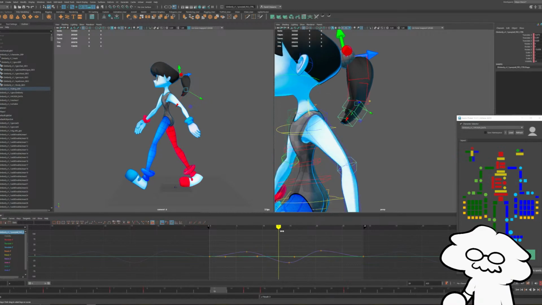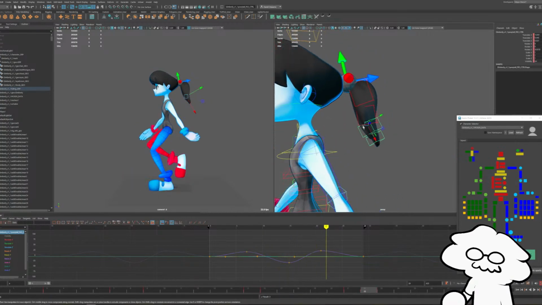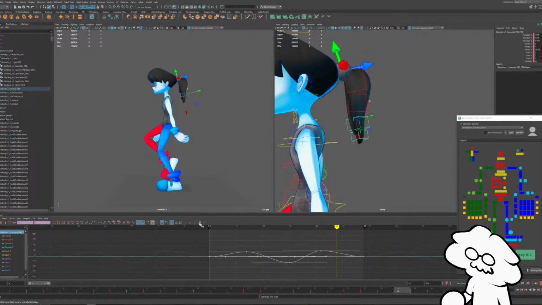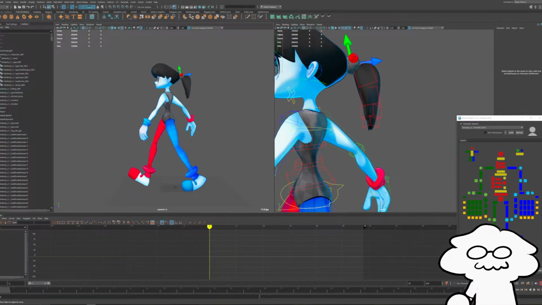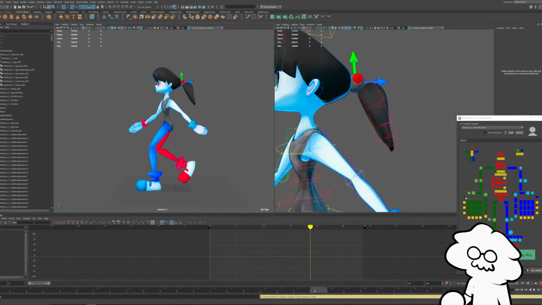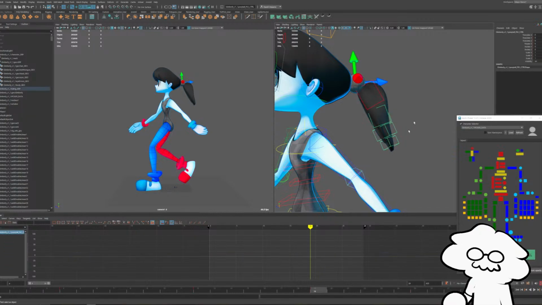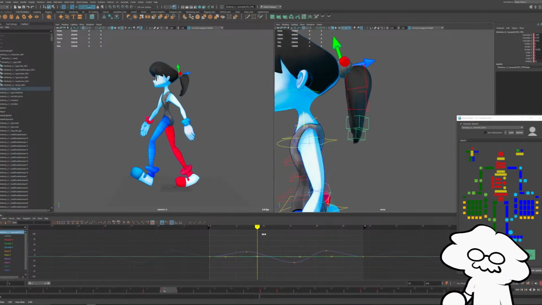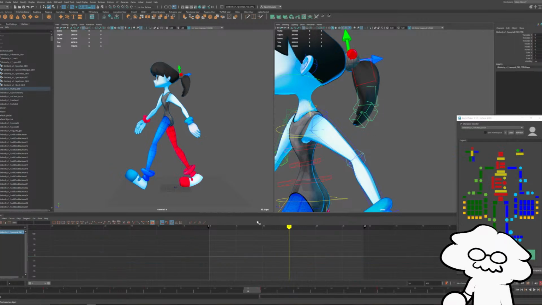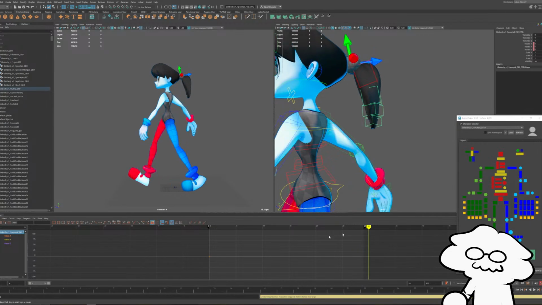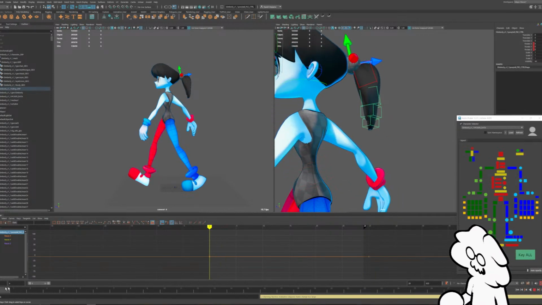Ponytails are very bouncy. Downwards, and then it should loop. Still not where I want it to be. Let's add it to this control as well, just to see if we can get a little less stiff. But I'm not going to spend too long on it.